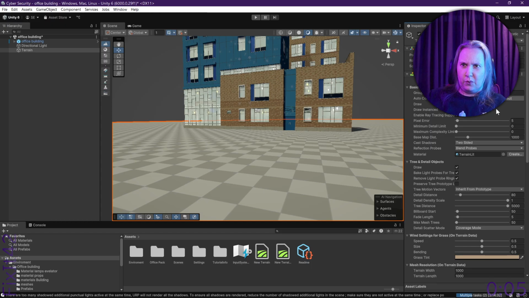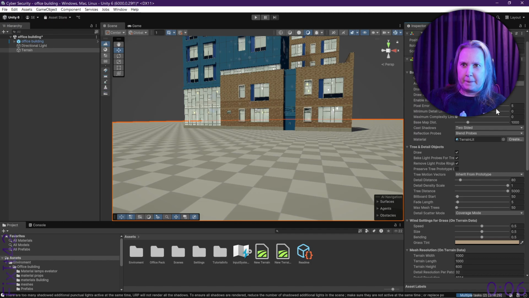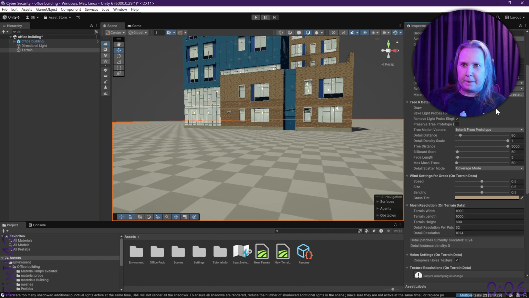Auto connect. Cast shadows. So I remember how bad the grass looks on the terrain. That's why I'm thinking that maybe it's not a good thing. But I've never seen terrain look like this. This, squares, like